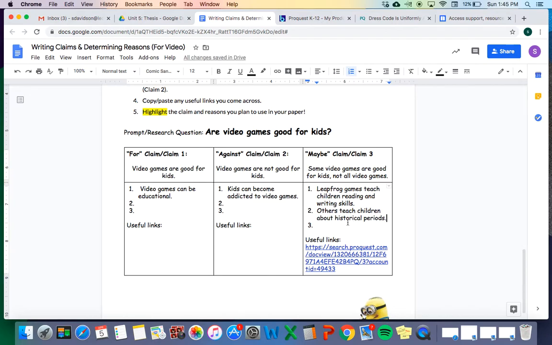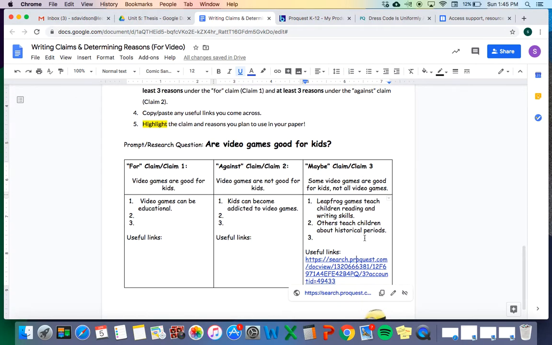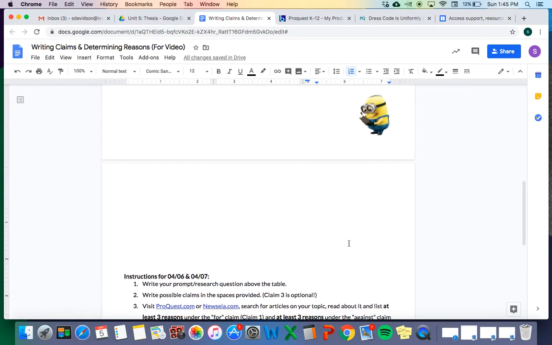Now, notice that I just kind of came up with this on my own without doing research. That might be the case. You might be able to do that, right? But I want you to make sure to try to use these websites, right? To make sure that you are kind of doing a little bit of research as well so that you know that you can find information to back this reason up. Okay? And that is your task for today,